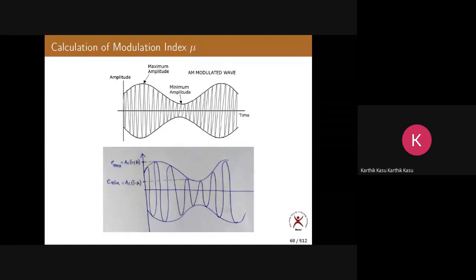So what I'm saying is, here you have two amplitudes, and here also you have two negative amplitudes. Generally, suppose here it is 1, then here it will be minus 1. Suppose here it is 0.5, then this will be minus 0.5. I'm not writing the negative side, I'm just writing the positive side.